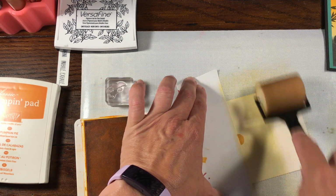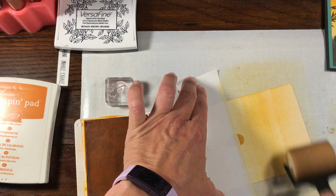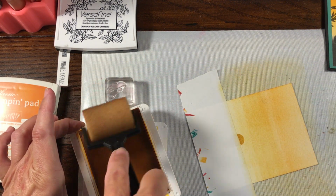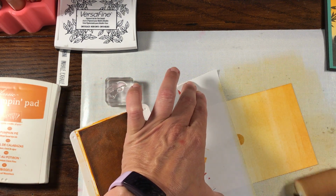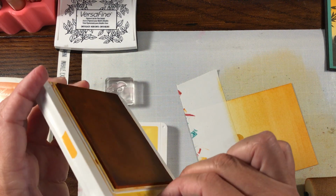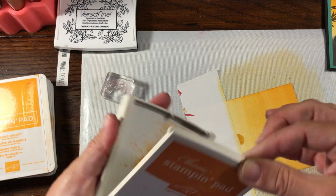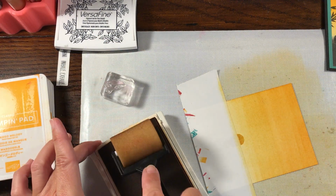I'm going to start a little bit higher, kind of come down a little bit. Same thing again. So it's a little more orangey is what you want at the top. So that's mango. Now, pumpkin pie is considerably darker, so I'm not as worried about my contamination, but again, you